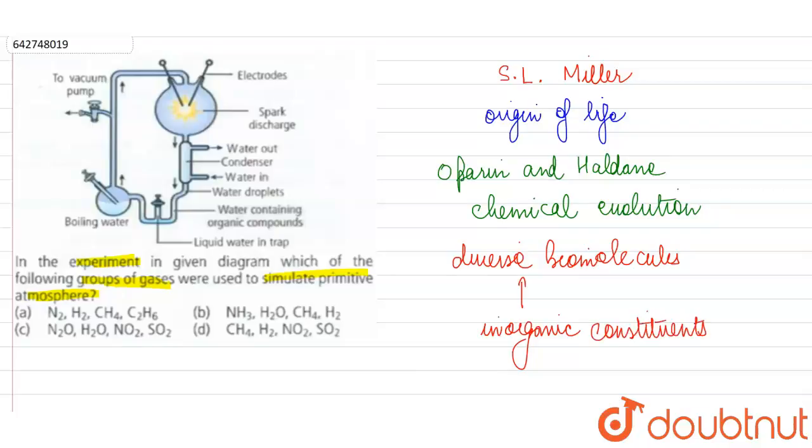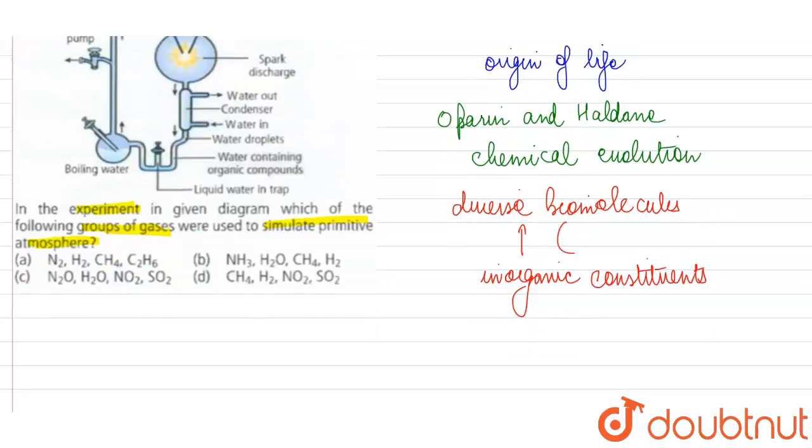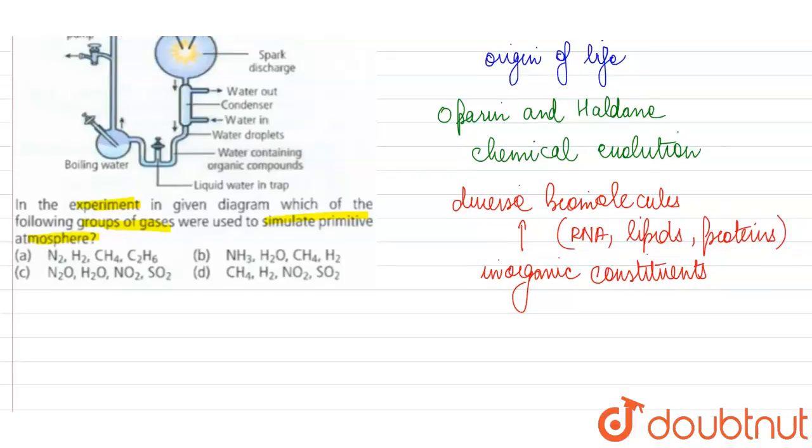And after this, when these different biomolecules evolved, such as the nucleic acids, lipids, different pigments, proteins, these biomolecules must have come together, they must have formed an aggregation in order to form a